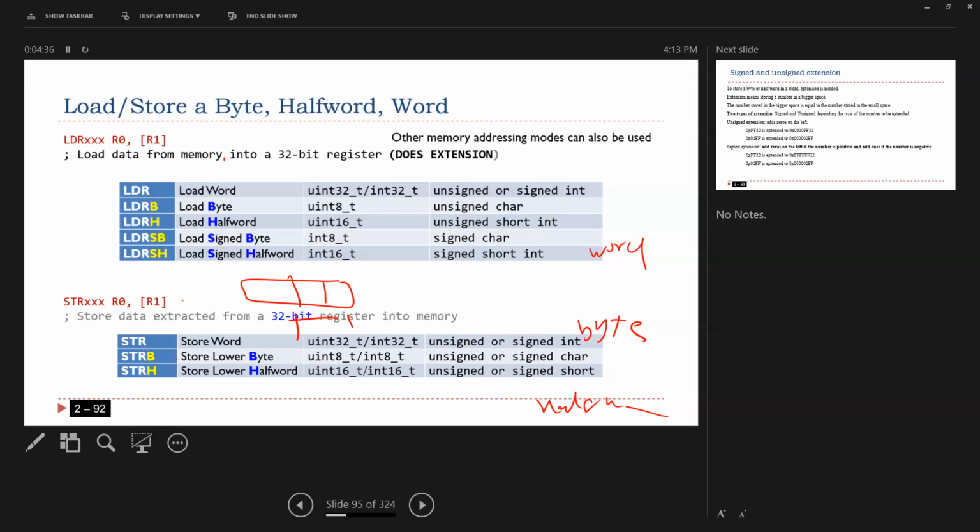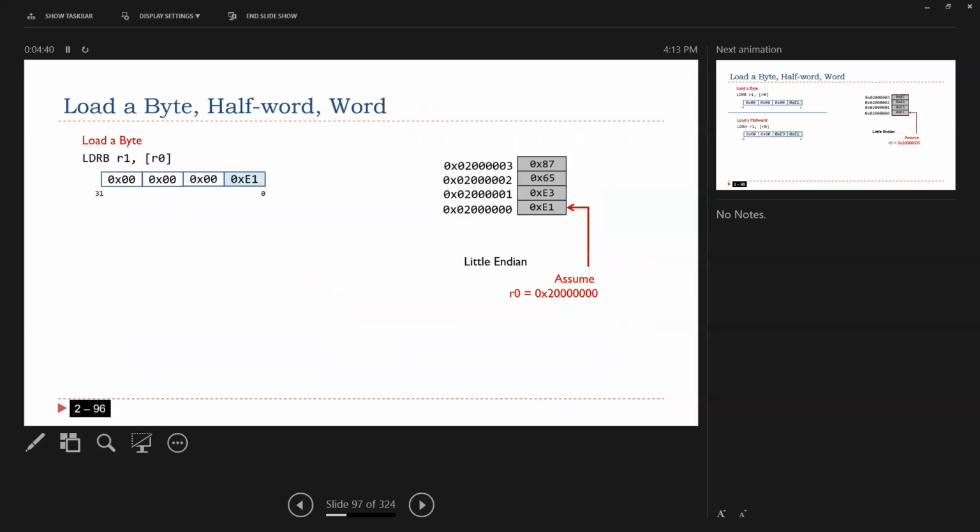So you don't need extension. Anyway, I have just an example to understand what I want to say here. For example, look at this example, guys. Load byte, and this one is unsigned. What it means when you see something like that is that I'm going to read a byte from this